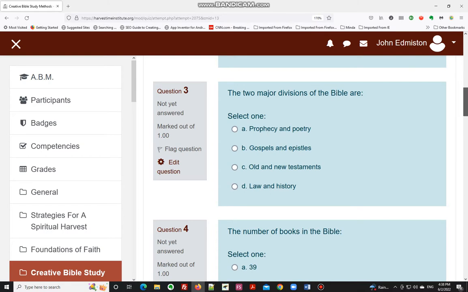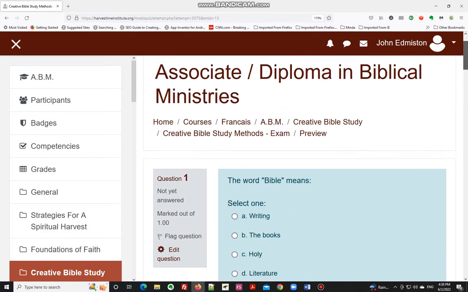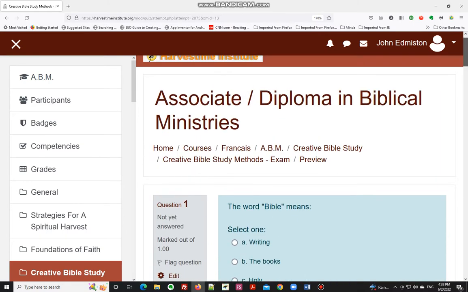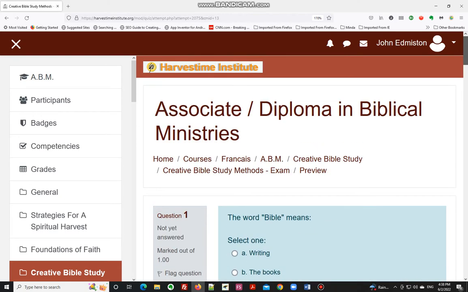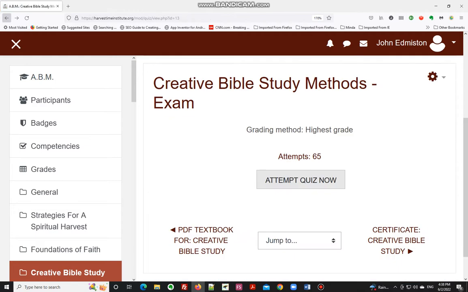So there you are, and all the answers are in the textbooks, and you can have multiple goes at the exams. It's quite easy and straightforward. We want you to pass. So that happens for each of those subjects, and that's how you can do your exam. Let's go back